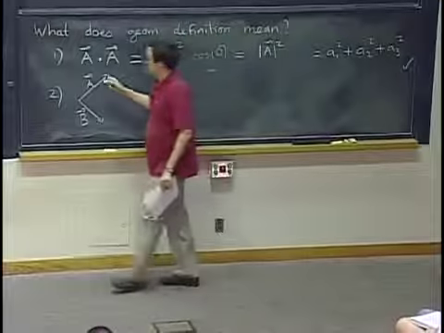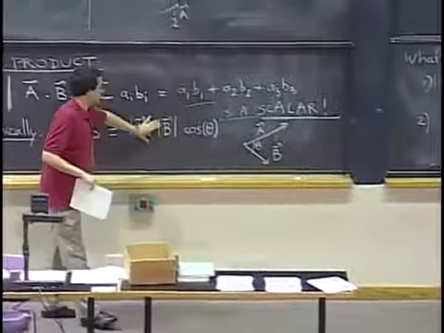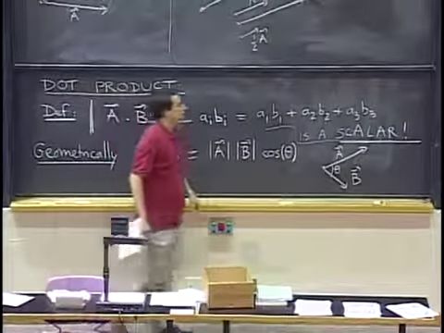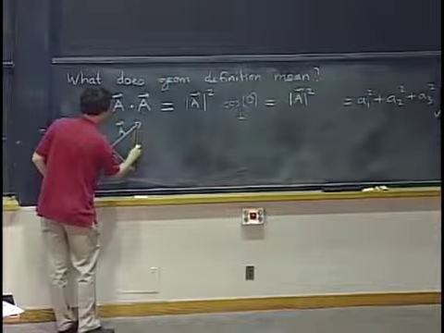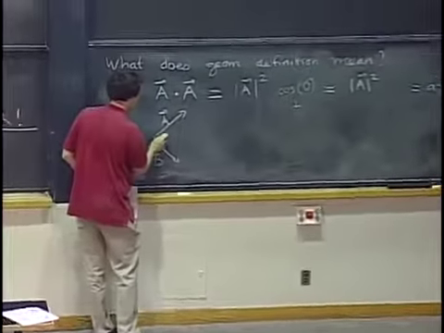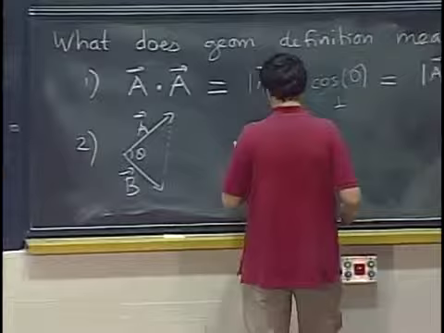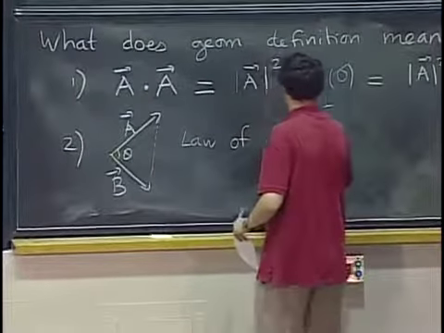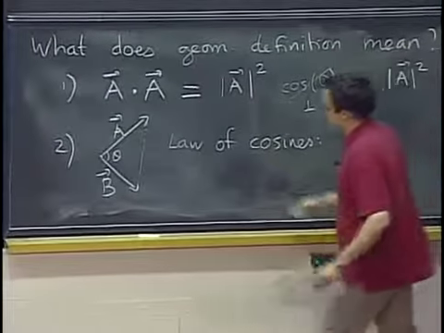My claim is that we are going to be able to understand the relation between this and that in terms of the law of cosines. So the law of cosines is something that tells you about the length of the third side in a triangle like this in terms of these two sides and the angle here. Okay, so the law of cosines, which hopefully you have seen before, says that, so let me give a name